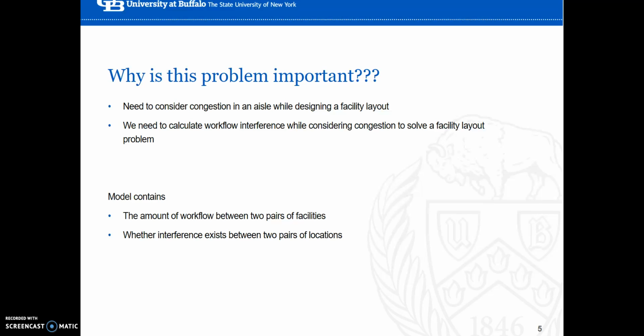The reason why this problem is important is because factory space is important. Aisles are narrow, AGVs are wide, and it makes no sense to accommodate two AGVs in a single aisle by expanding the aisle. That's just going to cost a lot of money. So one workaround is incorporating workflow interference by assigning workstations to locations in such a way that it reduces congestion. And this, of course, is not something that's considered in a traditional